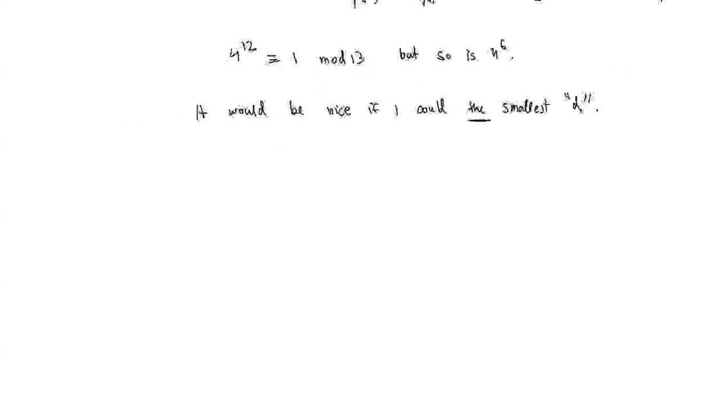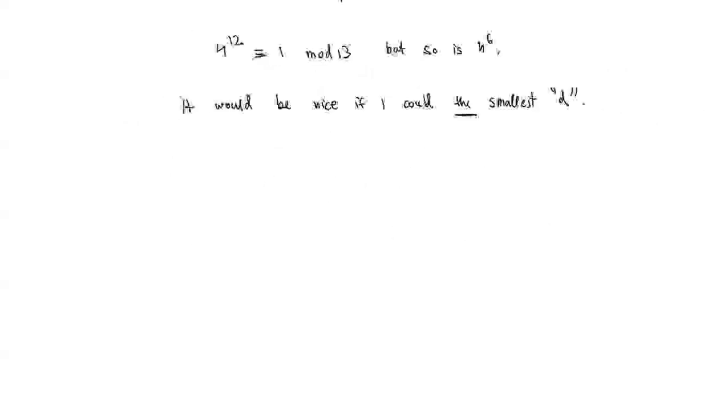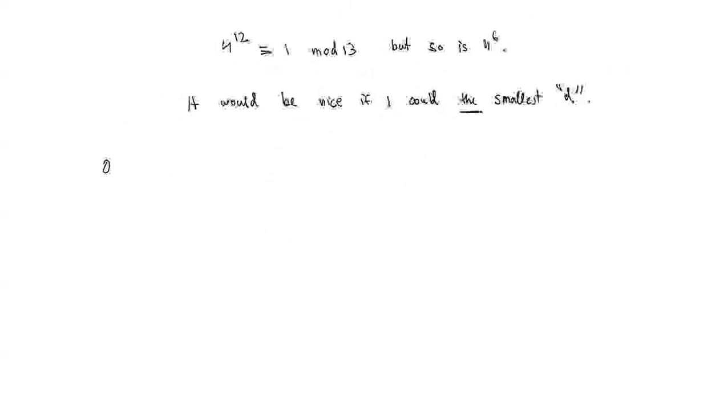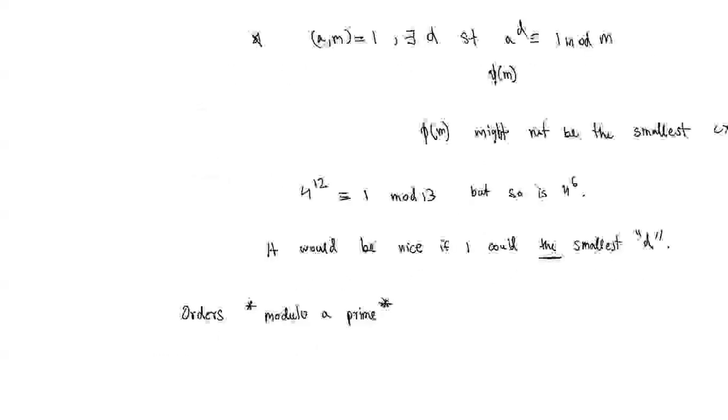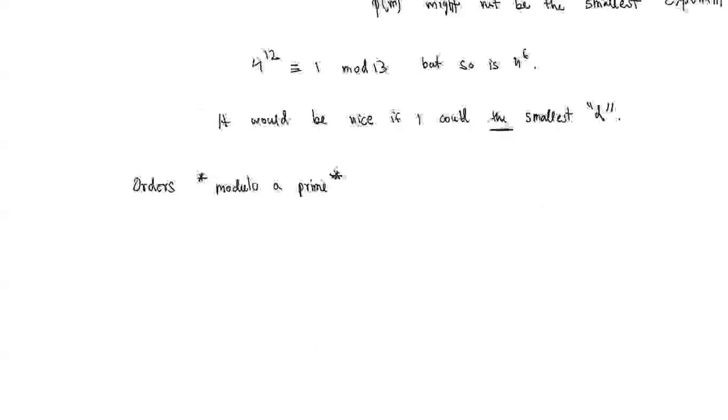So this motivates something called orders. Usually we define orders modulo a prime, but we can do it with respect to any number. It doesn't necessarily have to be a prime. But okay, so how is order defined? If you're given a number,